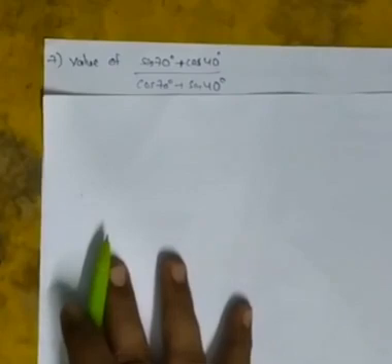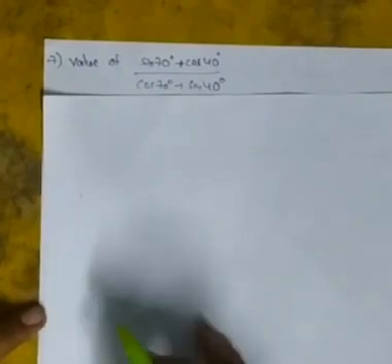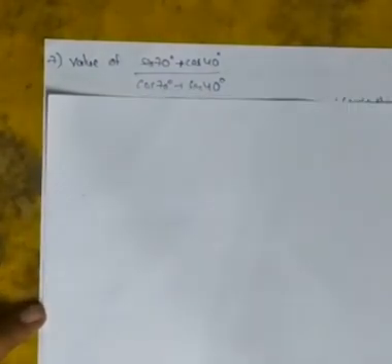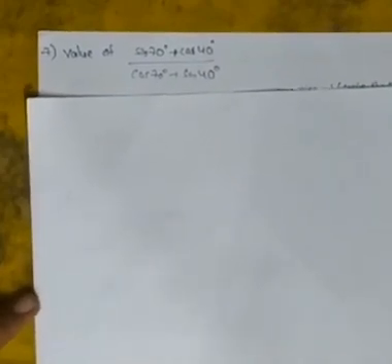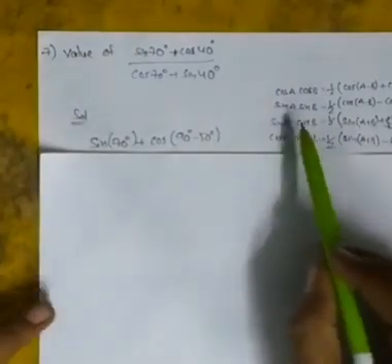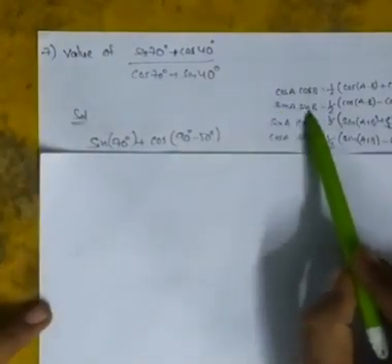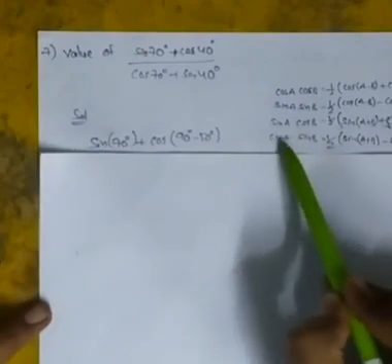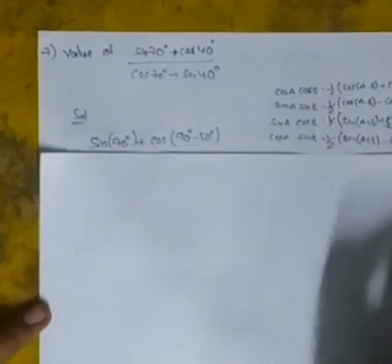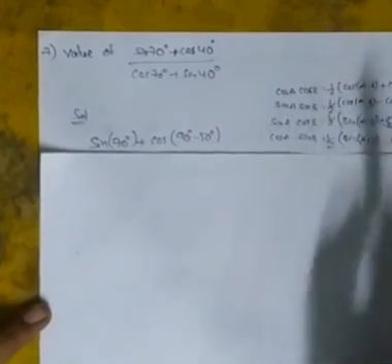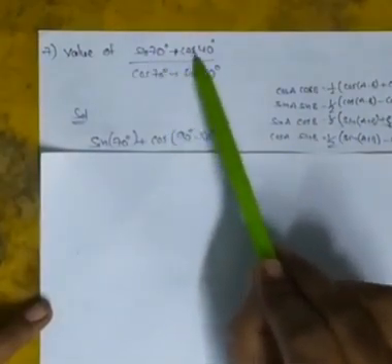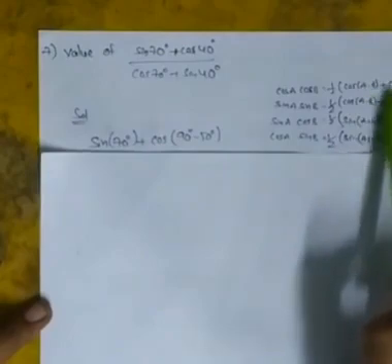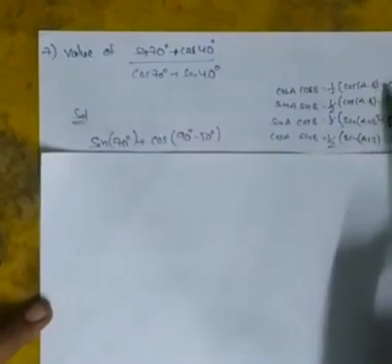There are 4 formulas which are the product to sum rule, and we also have another 4 formulas that are the summation or difference to product rule. So I have taken the formulas of the product to sum rule. These are the 4 formulas we must remember: cos A cos B, sin A sin B, sin A cos B, cos A sin B. So the formula goes like this. These 4 formulas we must remember. But in the question there is a summation, that is, in terms of sum or difference, which is the right side.